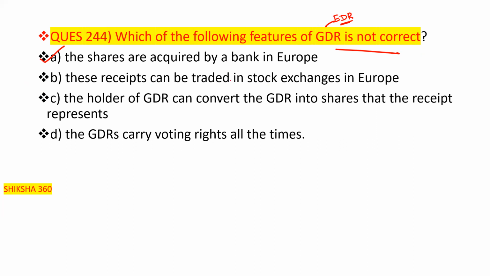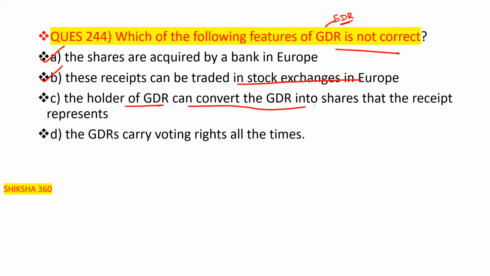So these receipts basically can be traded in the stock exchange in Europe. Clear? So this one is also a correct one. That is, these receipts can be traded in Europe. The holders of GDR